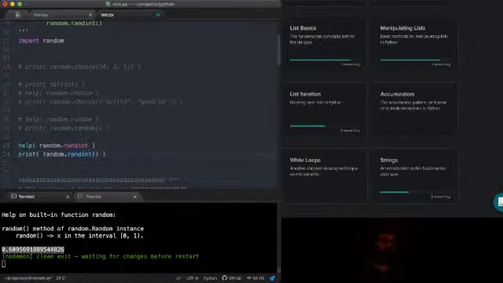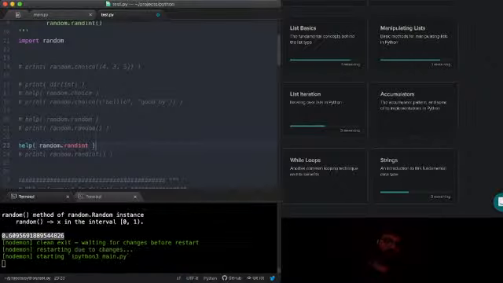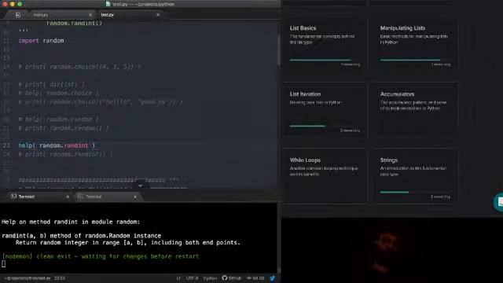Okay, so let's call help first and get the help on random.randint. Okay, so randint takes A and B. It's a method of random, returns a random integer in the range A, B, including both endpoints. So it's inclusive of both the lower and the upper boundary is what I'm taking away from that.